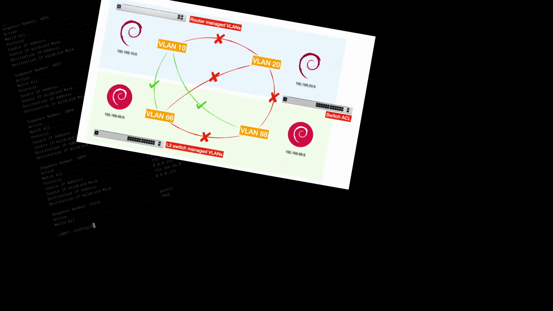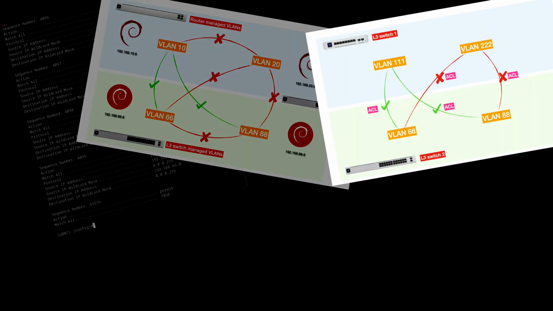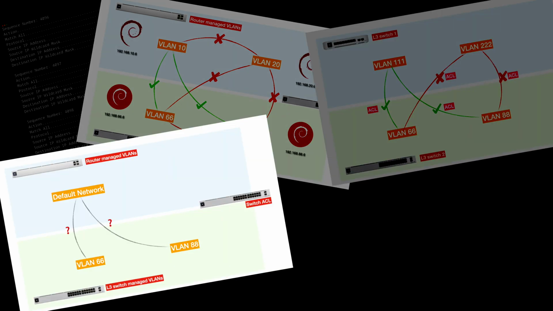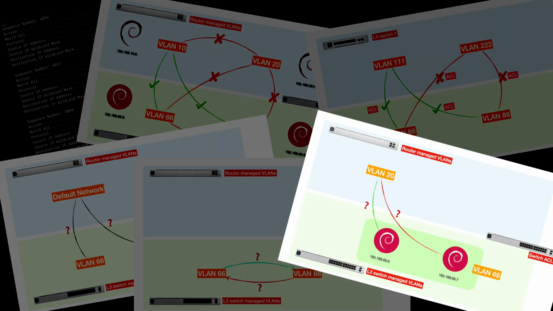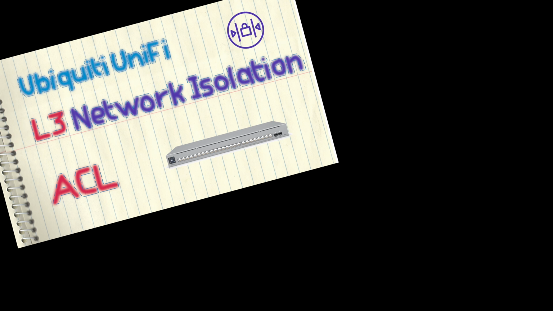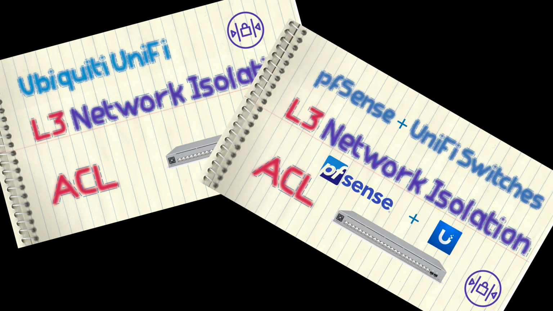have one layer 3 switch, how it works, and what if you have two. In the end, we will summarize what are the limitations or things I hope Ubiquiti can improve in future releases. This video is for people who use UniFi routers. If you use a third-party router, for example pfSense, I will have a follow-up video specifically for pfSense and UniFi layer